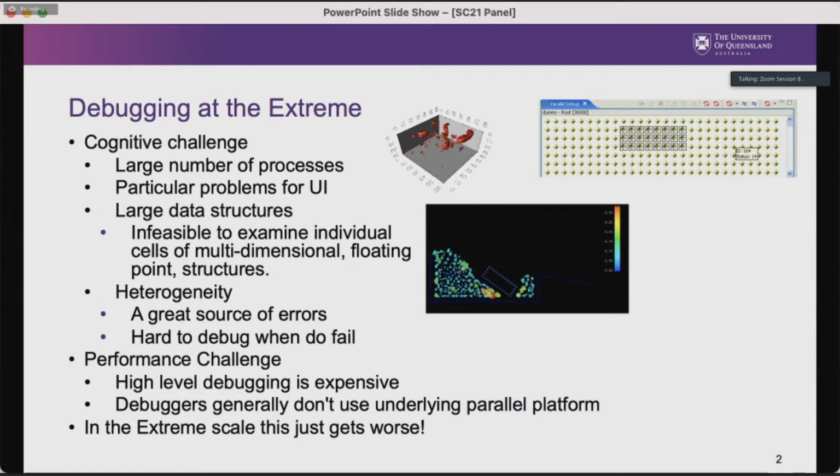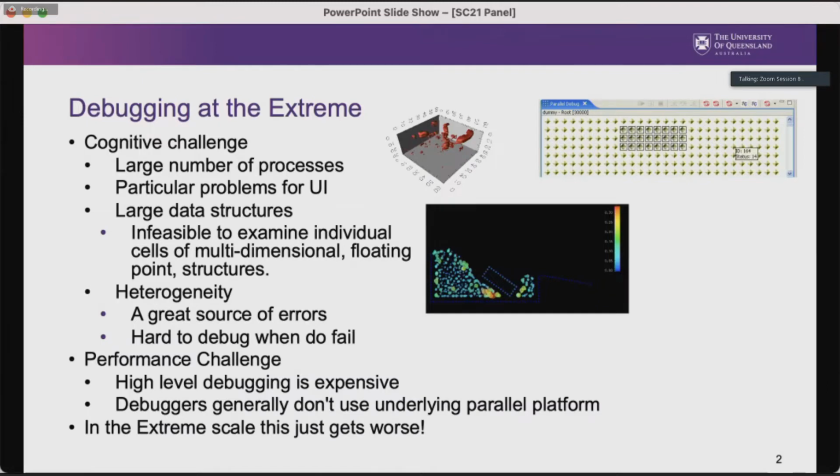At the data end of things, the data structures that we're manipulating in these codes are also enormous. So whilst the control threads are complicated and you're trying to visualize that, the data structures themselves are also large and very complex and often numerical floating point type structures. So it's infeasible to use the techniques that work in the small at scale. It just doesn't work to say print out this structure or look at what's in there. And even if you did, you just finish up with enormous numbers of floating point numbers. So that doesn't scale out well.